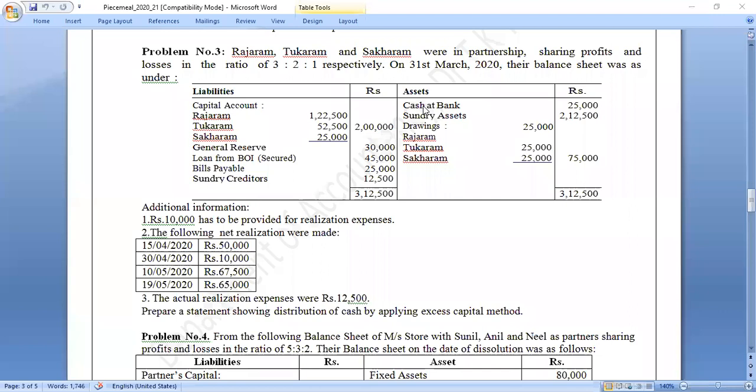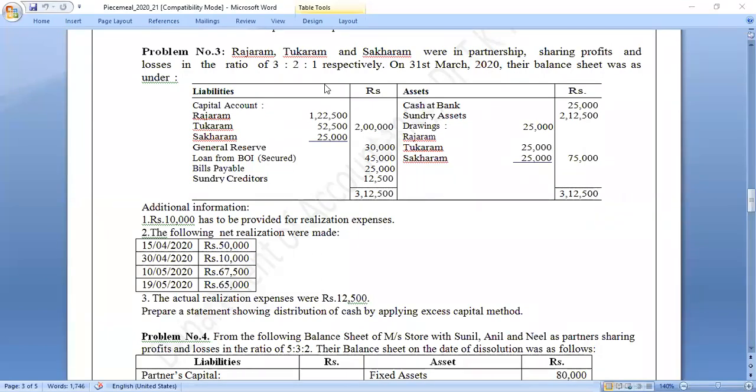General Reserve 30,000. Loan from Bank of India secured 45,000. Bills payable 25,000. Sundry creditors 12,500. Asset side: cash at bank 25,000. Sundry assets 2 lakh